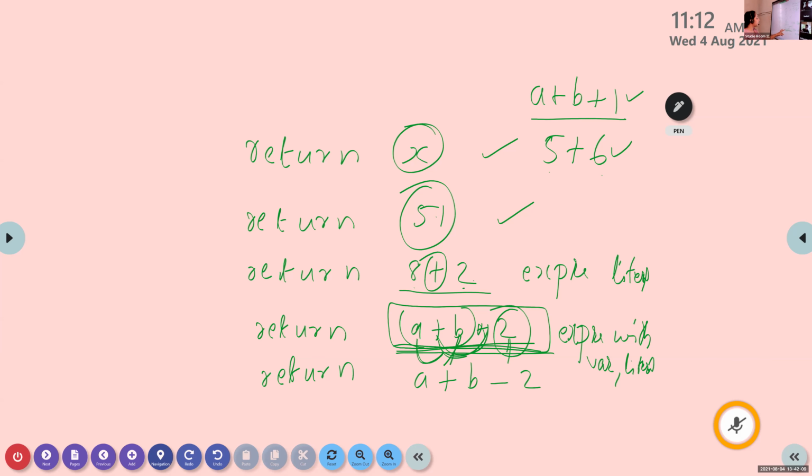Which are the variables here? A and B are the variables and 2 is the literal. Emmanuel, what about the last one? Same, expression with variable and literal. Yes. In that expression, I am using two variables and one literal.